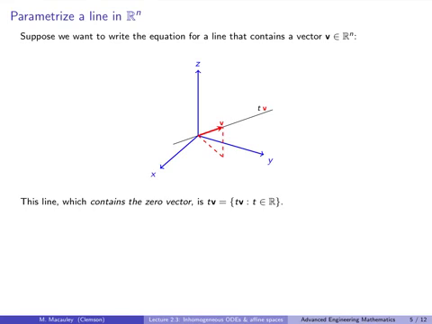And I say Rn, this is going to assume that n is at least 2, although we can't really draw or visualize anything higher than R3, so we're just going to draw it in R3. So suppose that we want to write the equation for a line that contains a vector, v. So here's a vector v, and we want to describe the line that goes through that vector v, and that's